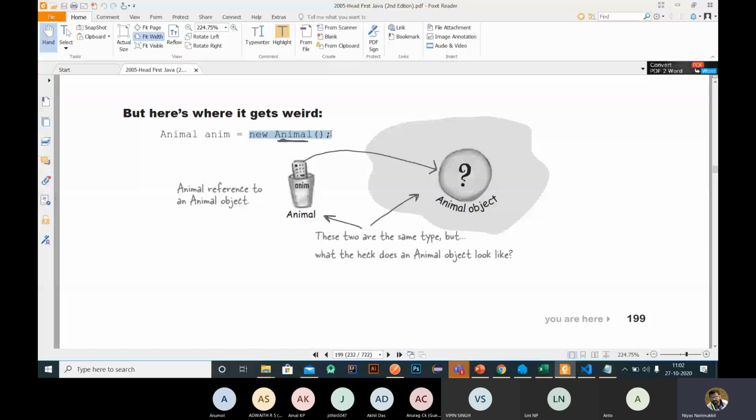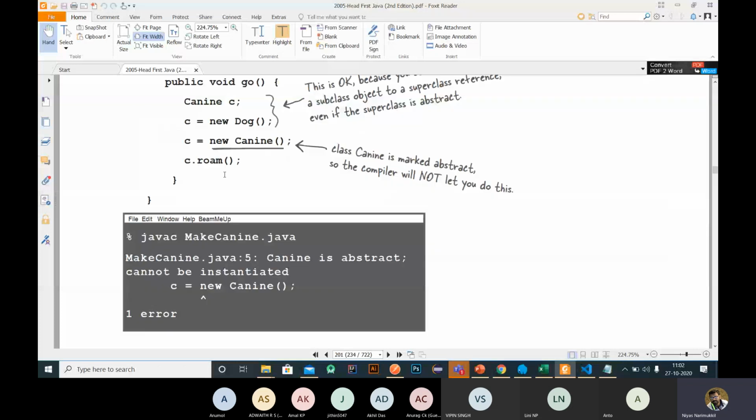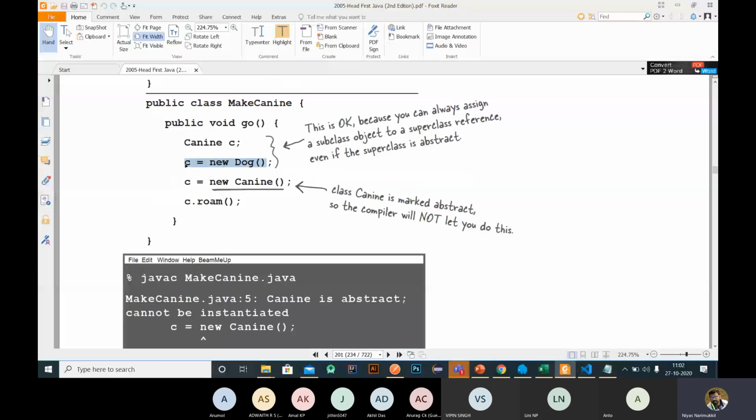With the help of this variable of the abstract class, we use the variable to refer to an object of the concrete class that is inherited or implemented from the abstract class or interface. So that's what we already discussed.